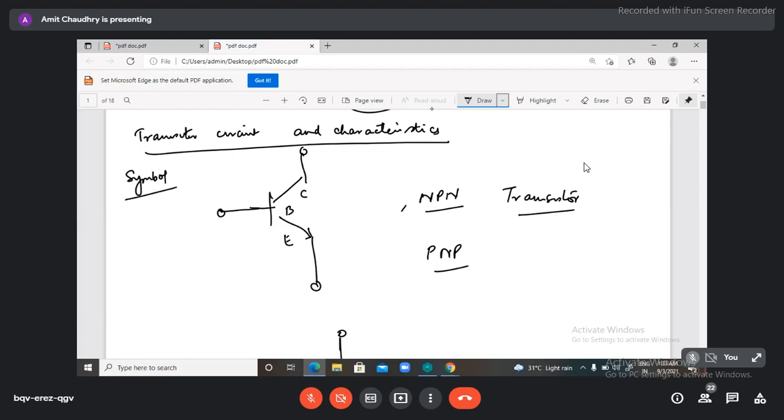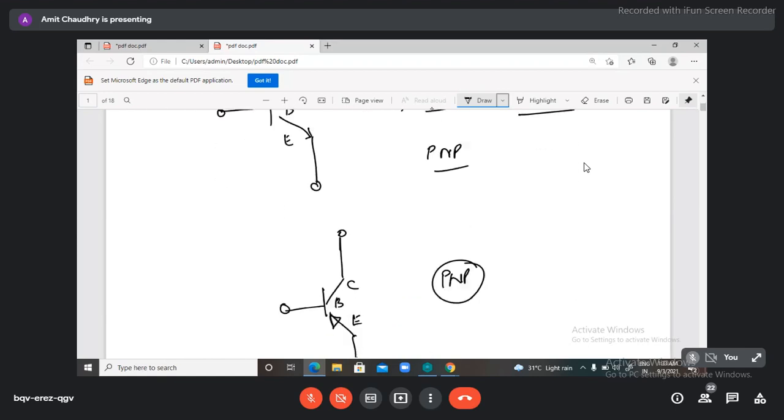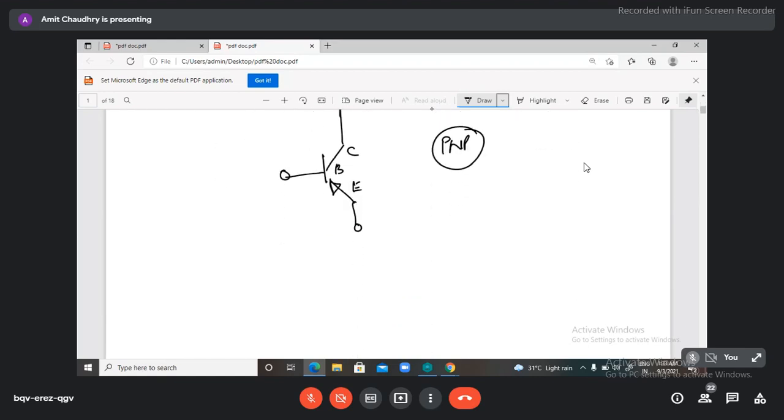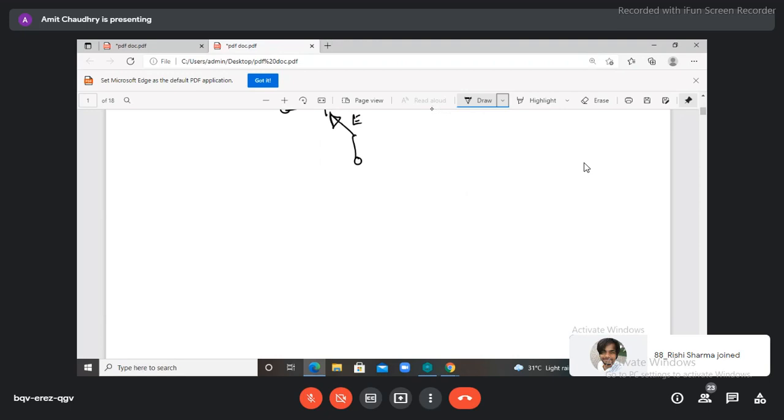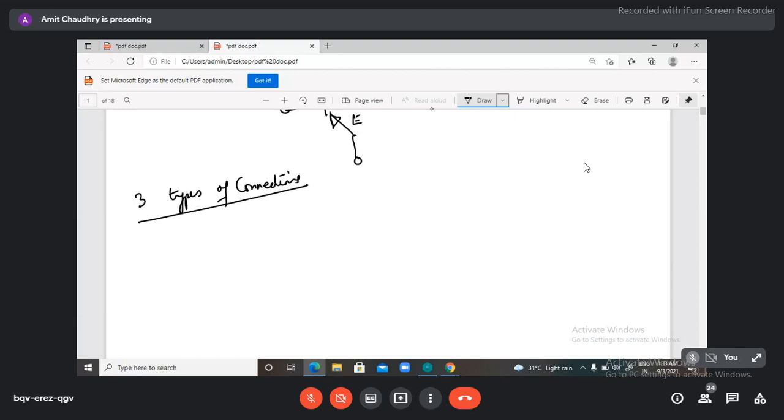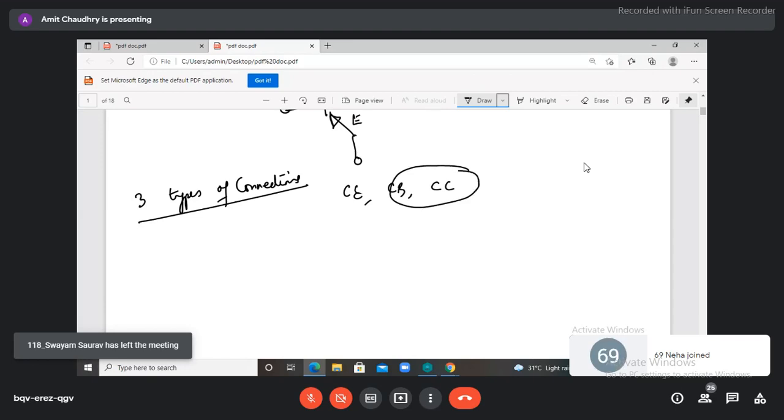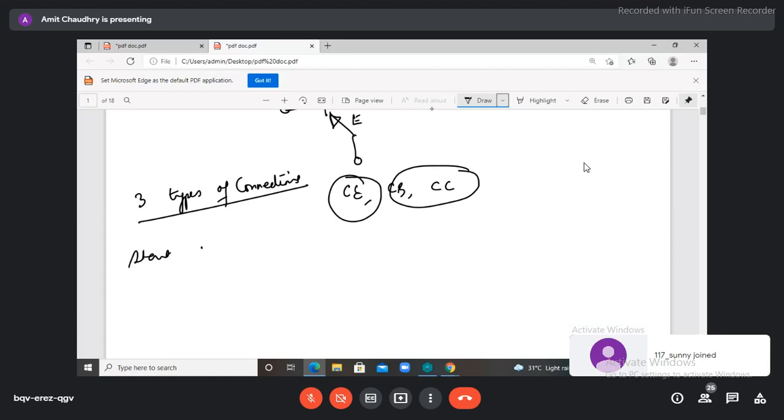So these are the symbols of a transistor. Now it has three types of connections. वो कनेक्शन हम बाद में पढ़ेंगे डिटेल में। पहले आज फर्स्ट टाइप्स बता देता हूँ उनकी। कॉमन एमिटर, कॉमन बेस एंड कॉमन कलेक्टर। ये दो टाइप्स बाद में पढ़ेंगे, आज हम यहाँ से शुरू करेंगे। We will start with कॉमन एमिटर।